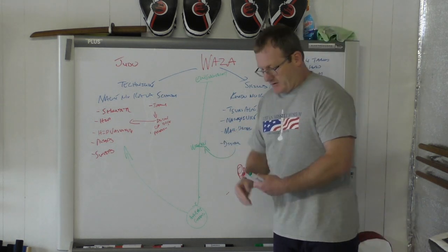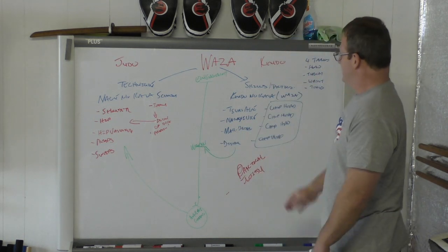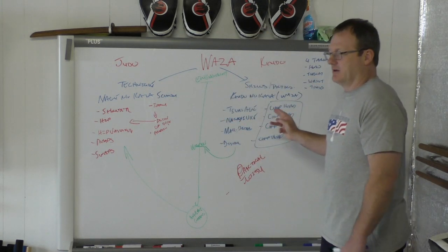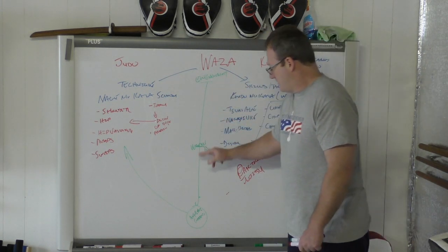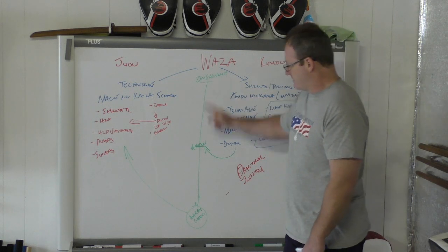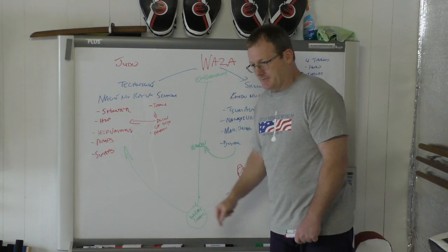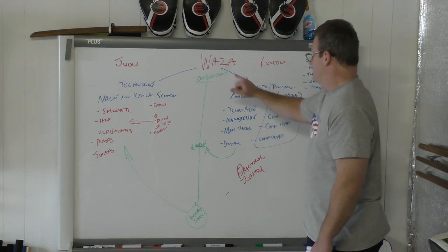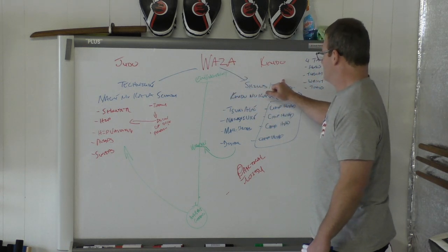So, when I say my instructor said that we've got more in common with Kendo than Judo, well, that's what we mean. We've got a multi-step process here. We don't just go straight from engagement to technique. Okay? And what we're practicing here in terms of waza is skills and tactics